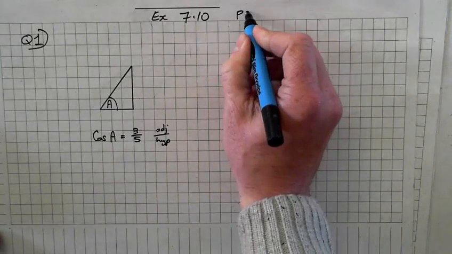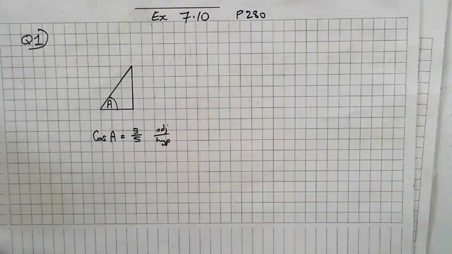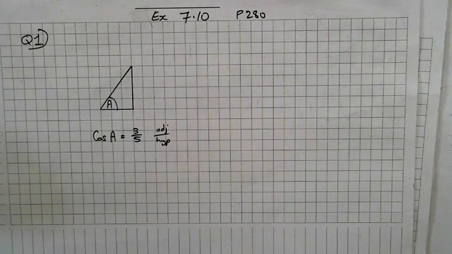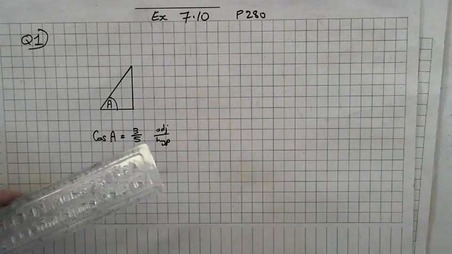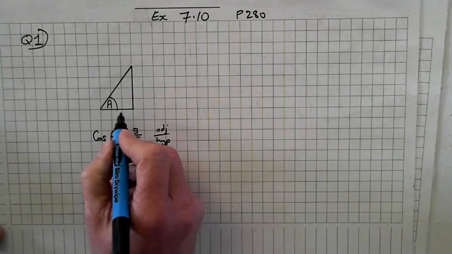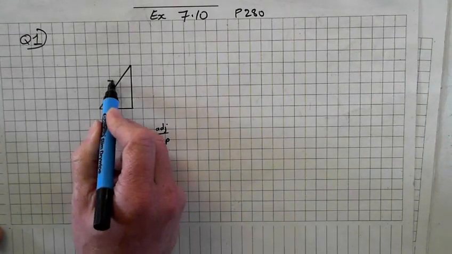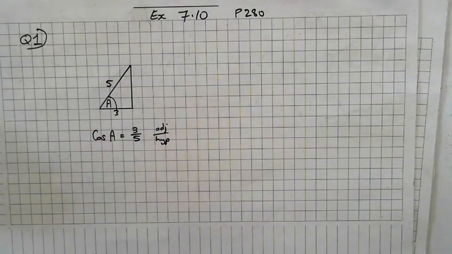These are on page 280. Exercise 7.1, question 1. Right, first of all, the information they give you: cos A is equal to 3 over 5. So cos is adjacent over hypotenuse. So adjacent, there's 3 and 5. And using